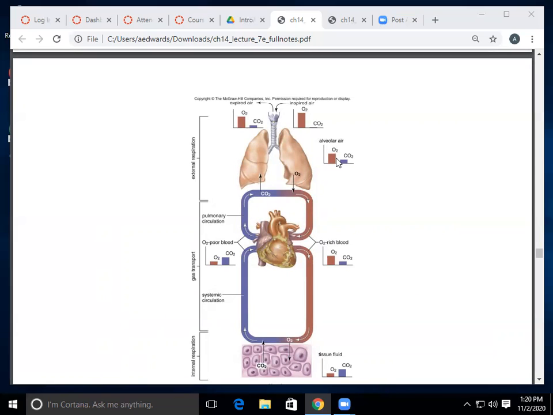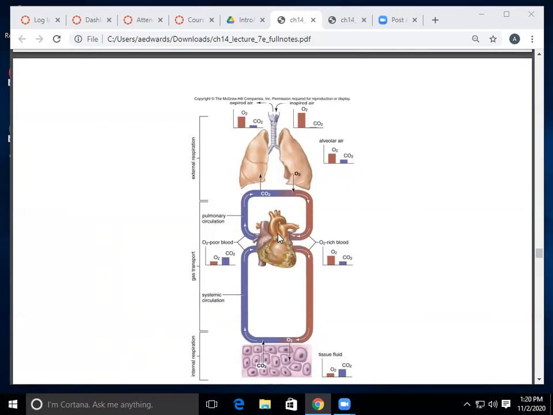But the air in the alveoli is not as high. The oxygen concentration is what you're inhaling, but still high. It's still obviously higher than CO2. Now if the gas exchange happens, your oxygen-rich blood has a high concentration of oxygen, very similar to what it was in the alveoli, and you've gotten rid of some of the CO2.